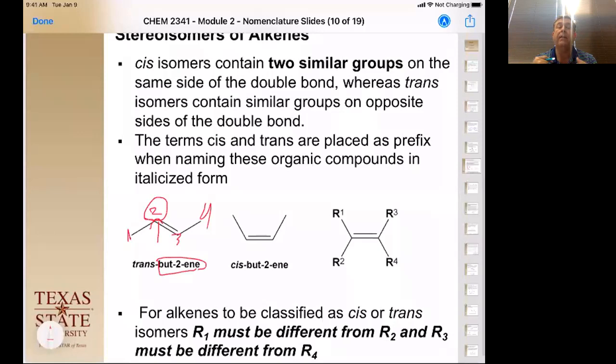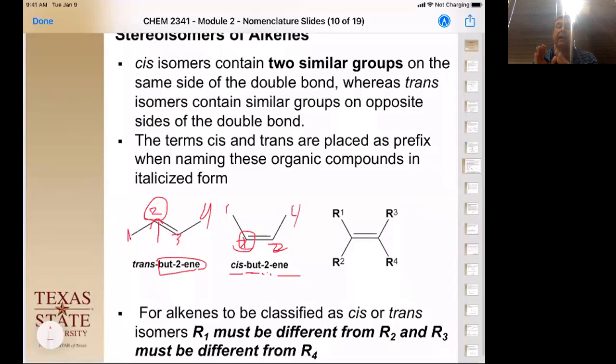Okay, now if we have the other isomer where they're on the same side, we use the same nomenclature where we go 1, 2, 3, 4. And notice the first carbon of the double bond is still on the 2. But we have them on the same side, so it's cis-but-2-ene. Okay, so that's how we number it. However,